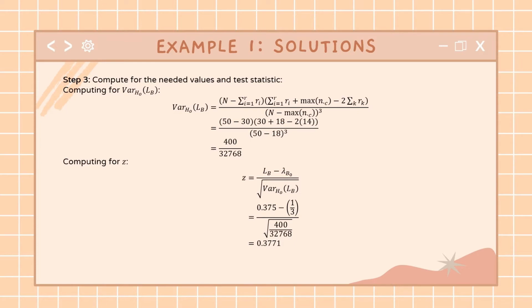Then, we shall now compute for the variance of L sub B under H null para makompute natin yung Z mamaya. And variance is given by this formula right here. Ito lang yung hindi natin alam, yung summations of R's of K for all K. So, sulat ulit natin yung values. Meron tayo 8, 5, 3, 3,